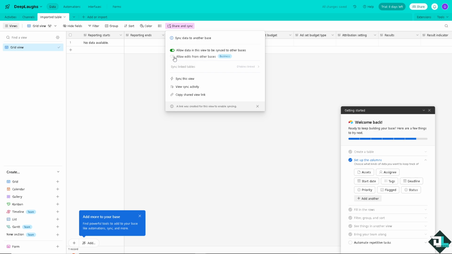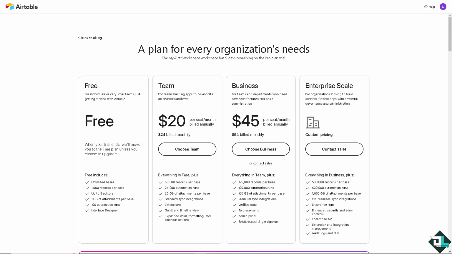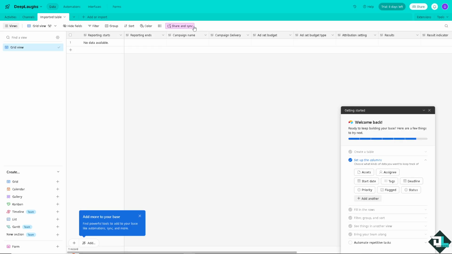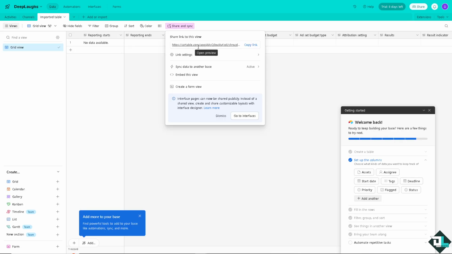You see, if you click on allow edits from other bases, the thing is, it requires a paid subscription plan. That is $20 for team paid subscription. Business is $45, and enterprise is going to be a custom pricing. But since we are using the free plan, we're not going to be able to use that option. But don't worry, because now going back to the share and sync option again, you see, go to the option of